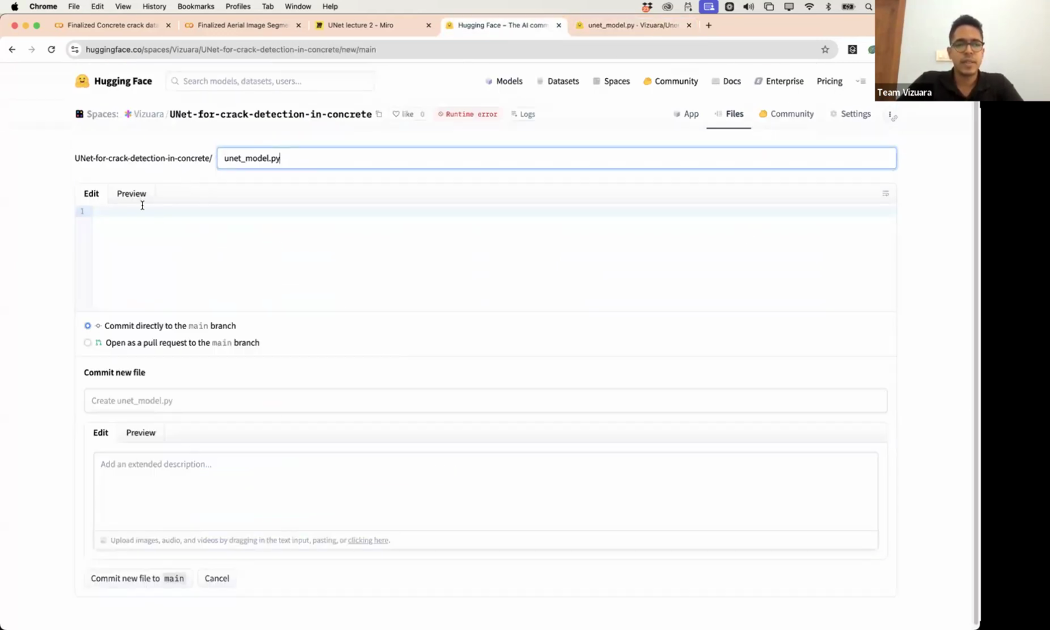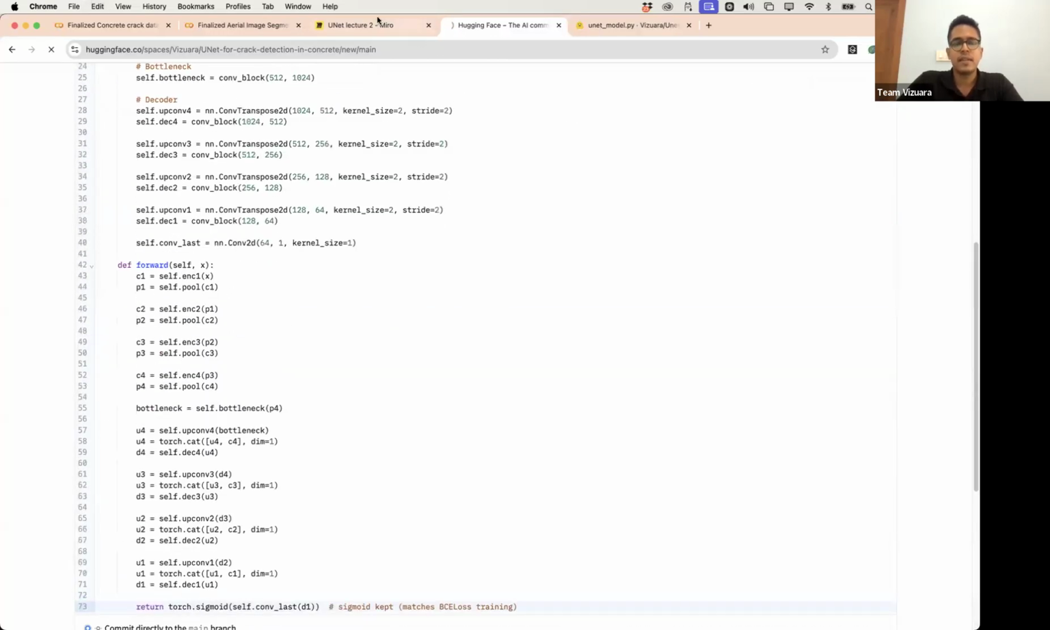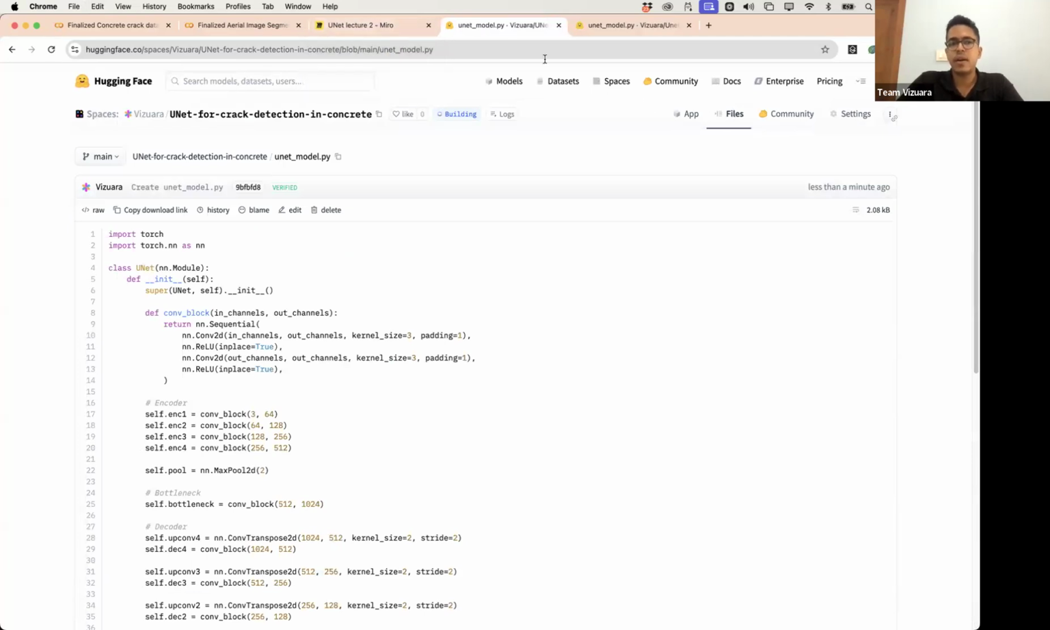So just let's paste it here, unet_model.py, and just commit that. The third is you will need the weights, basically the model parameters. Which model parameters? The one which you trained. So the one which Anita you have trained right now, you can download it and upload it in this